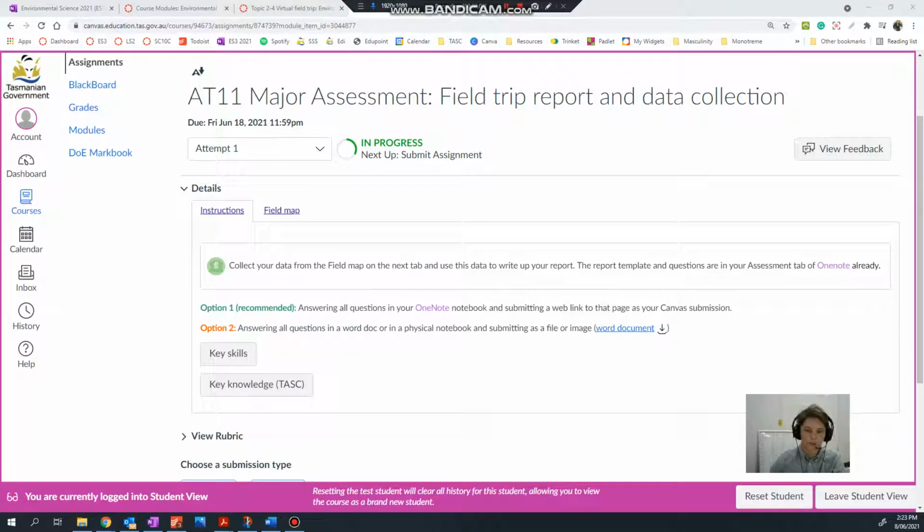Welcome to the glaring omission in this course, which is the practical field component for environmental science. The ways that we get around that are doing virtual versions of those activities, and this particular task is a virtual field trip. Now, this virtual field trip has a report which you will fill out as part of it,